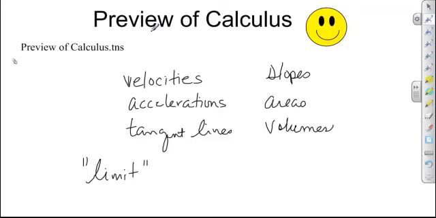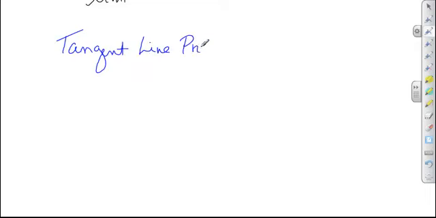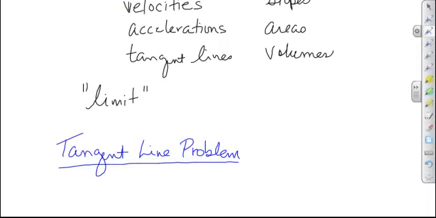There are two basic problems that are kind of fundamental to the study of calculus. The first of these two problems is called the tangent line problem. And to investigate the tangent line problem, I want to back up and show you,